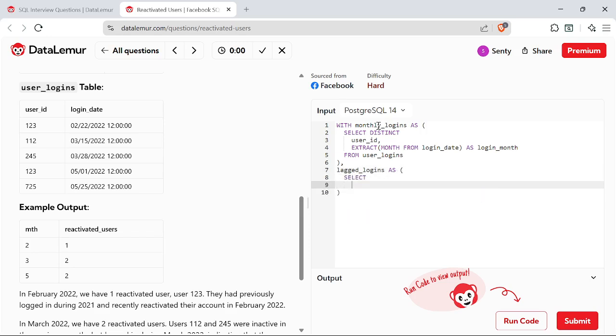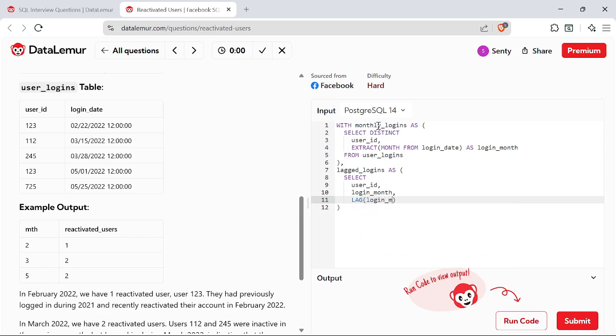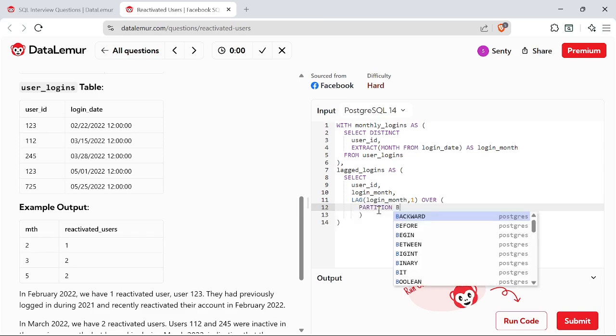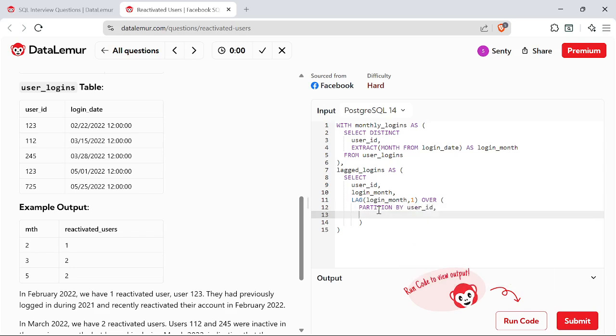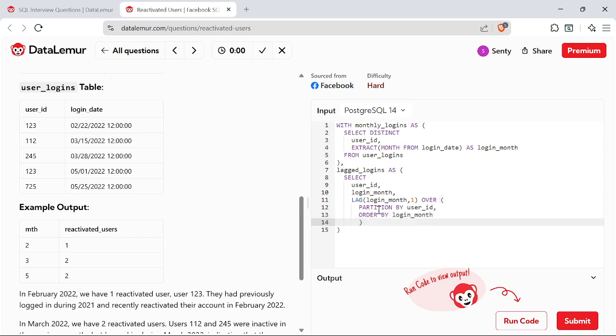select user ID, login month, LAG of login month, 1, over partition by user ID order by login month as previous month